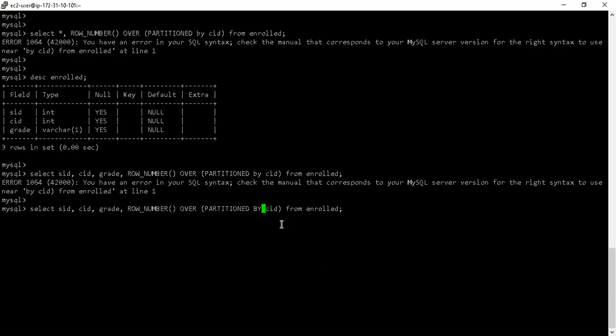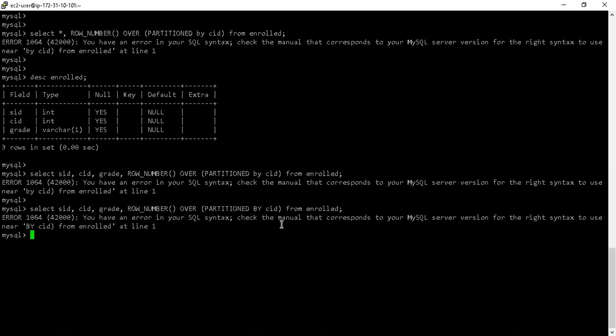If I'm saying PARTITION BY is a condition or a directive, it must be uppercase as per the MySQL documentation, which is usually the case in many databases. There are some very smart databases like Oracle, which do not force you to write things in mandatory uppercase or lowercase. But MySQL enforces a proper way of writing window functions. That's why the ROW_NUMBER function, the OVER clause, as well as PARTITION BY have to be written in uppercase. If I do that, then also it is giving me a problem.